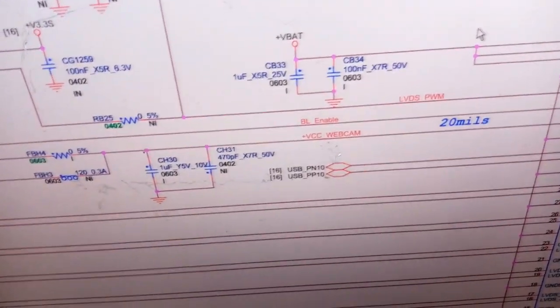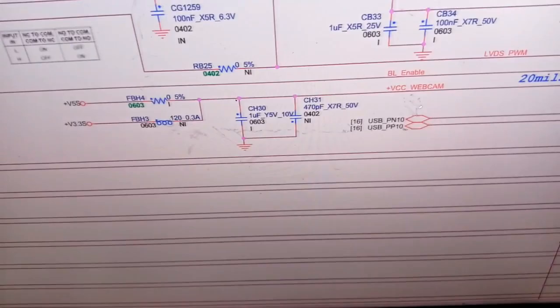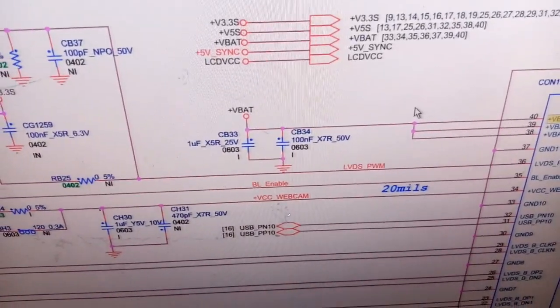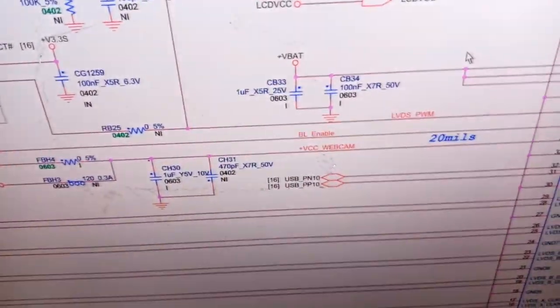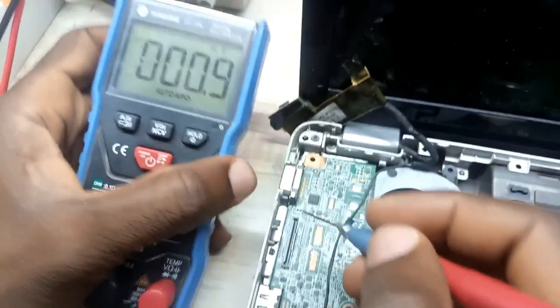In battery case 12 volts, but in adapter voltage here, I should have 19. So where is this coming from? Coming from these two capacitors. Basically there used to be a fuse, and if you look at this line carefully here,